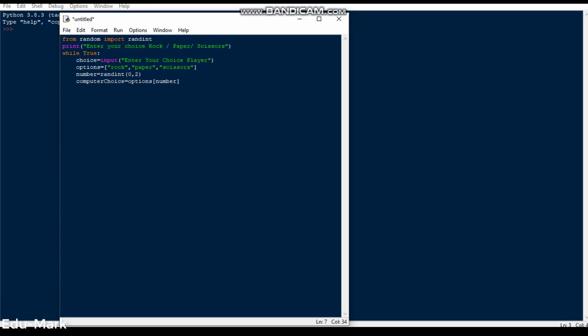Later on, we will add a print statement. A print statement is something which we need to see on the screen, as we know. So I will print the choices of mine as well as the computer's over here. Then, as per the scenario, we will start putting in the conditions for the results of the matches which we play.